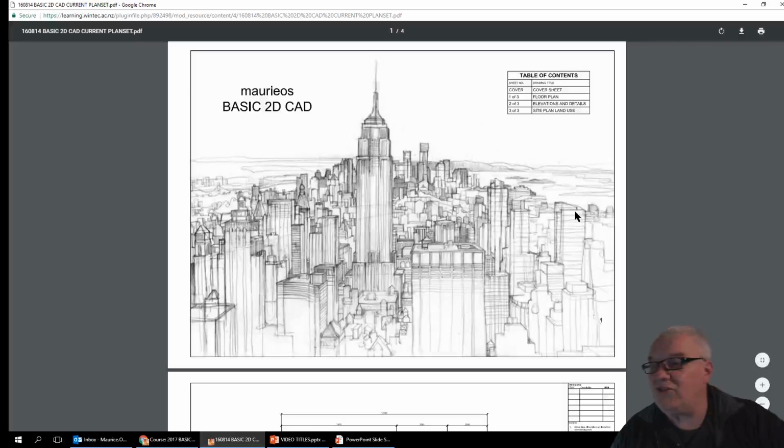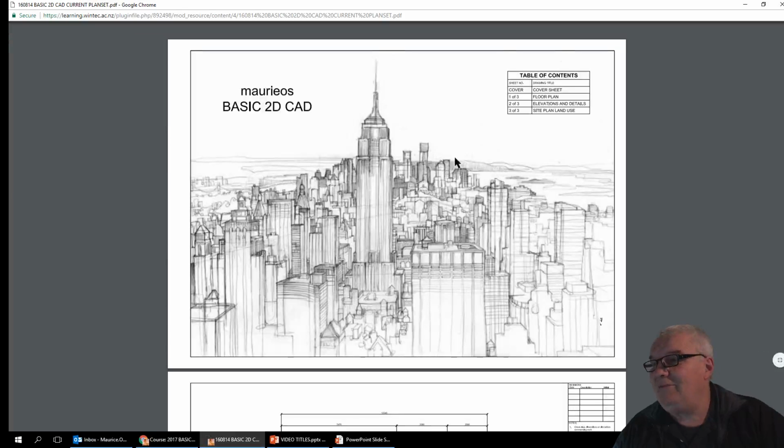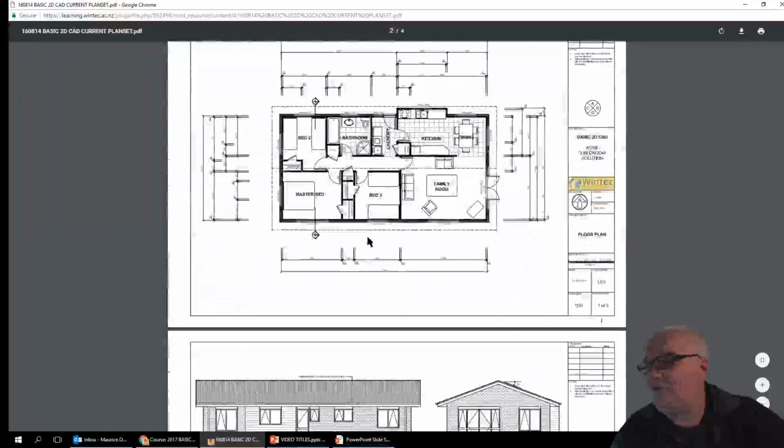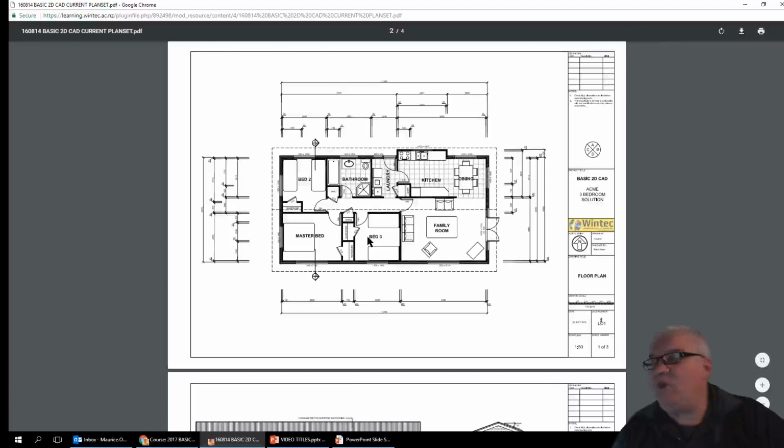So that there is the cover sheet, and I have put a picture in here. You could choose any picture you like to put in there, but the cover sheet must have a name on it and a table of contents is what I've asked for there of all the plans in it. The table is one of the skills that you need. So then we go to the floor plan. But before we get to the floor plan, I show you how to draw the template or the plan form. So that's the form,